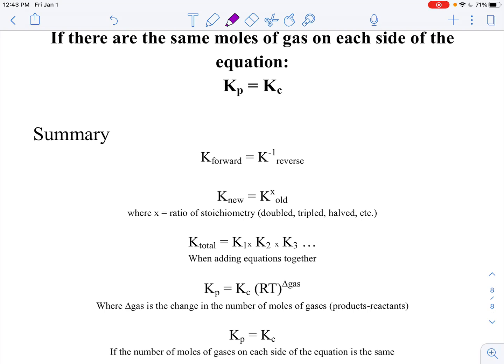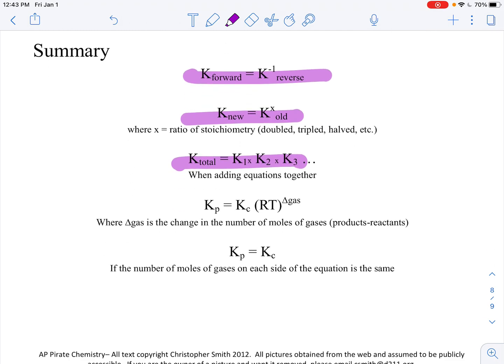So basically what you need to know is that if you reverse a reaction, you invert it. If you change the stoichiometry, you raise it to that new power. And if you add equations together, you don't add their k-values, you multiply them. These here are probably not going to come up on the test, so I'm not going to waste your time going through those. If you're really interested in learning about those,